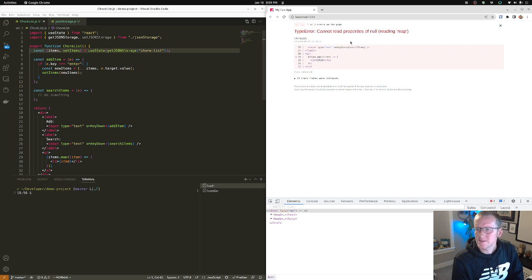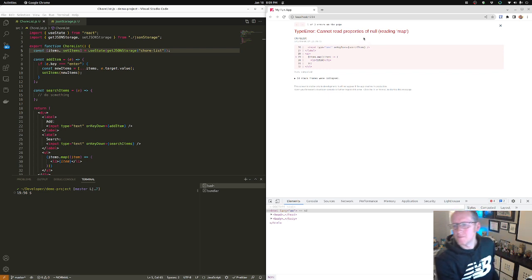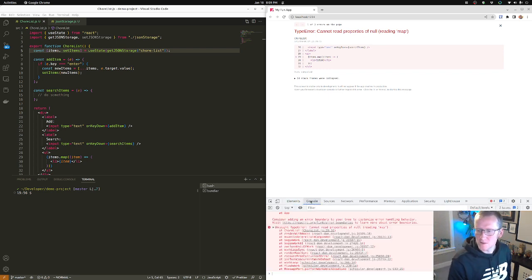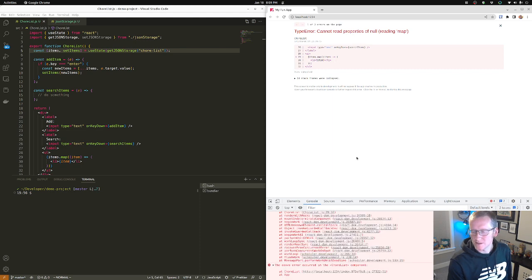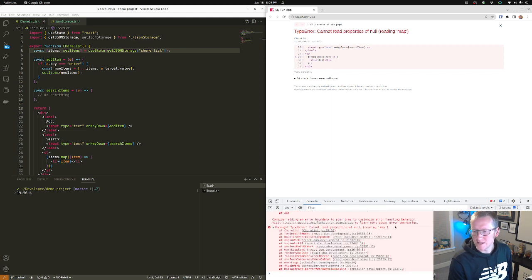So this is saying I'm getting this console error, and it shows up here. That's a React thing, but you can see down here it says cannot read properties of null. Okay, and then it says it's reading map. Okay, and so when you see this, this means that